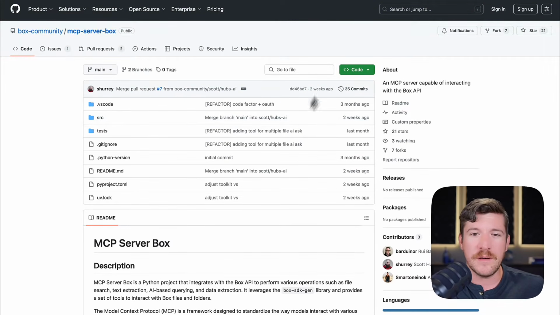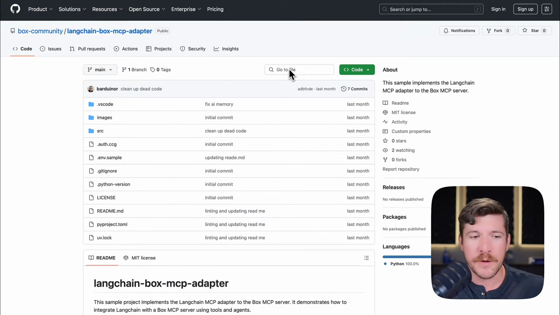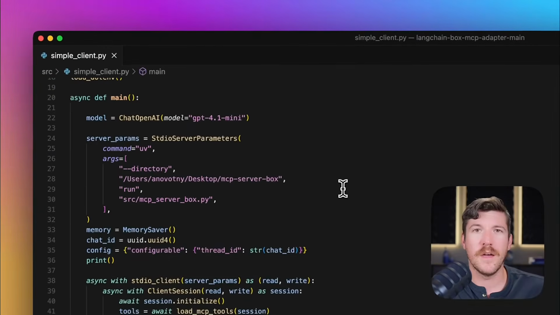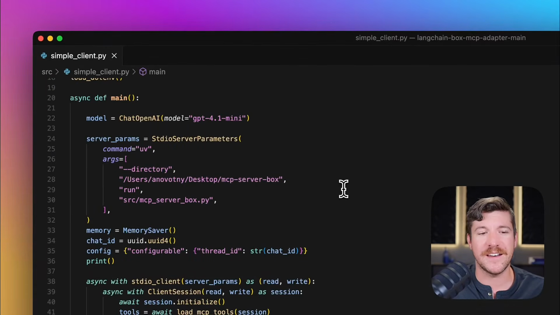The code for this second demo is within this GitHub repo called LangChain Box MCP adapter. And again, I've already cloned this to my local machine, so we'll jump over to the code. Over here in the code, we can see that it is significantly simpler. And by simpler, I just mean less code is required when setting up